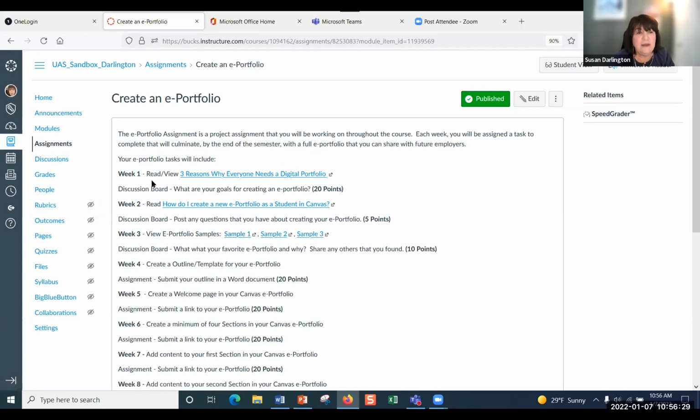Again, it's just one assignment, and this way the students will have their ePortfolio for this course, but they can then use it for other courses. Encourage them to continue to use it and continue to enter their content. That way, by the time they graduate, they'll have a whole ePortfolio of everything they've done. It helps them develop their resume. It lets you remember what you've done. Oftentimes we do a lot of things and we don't keep track of them, and we forget.